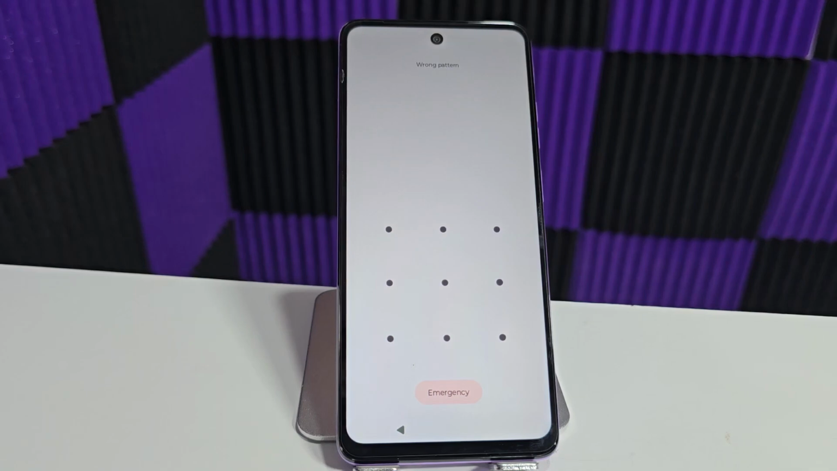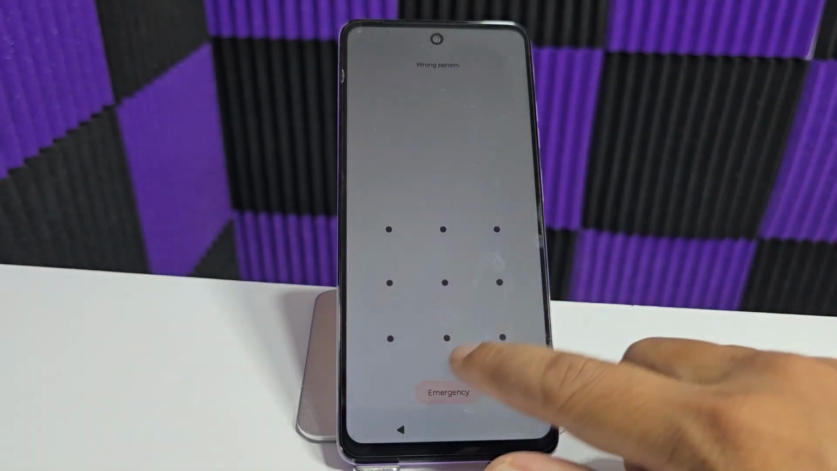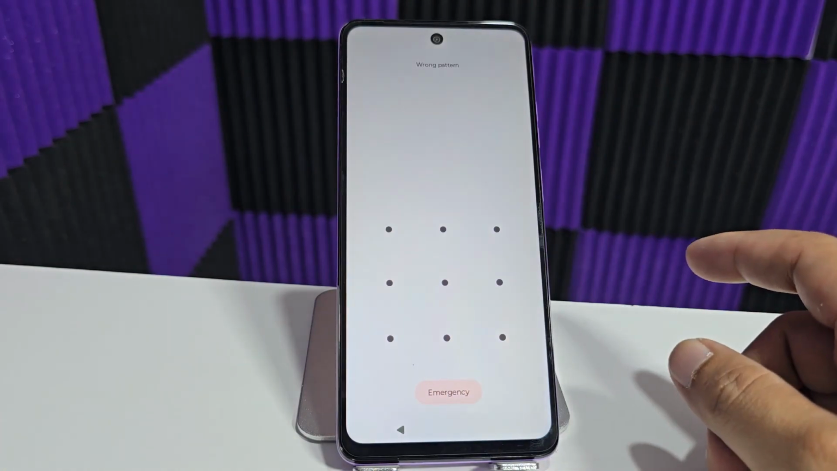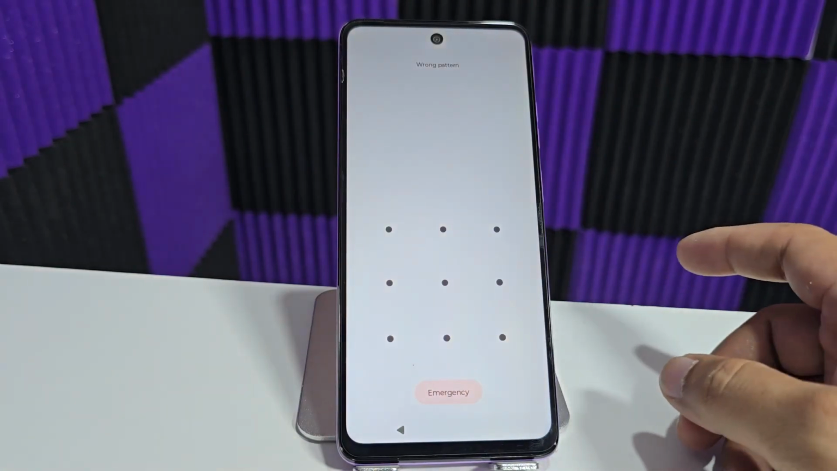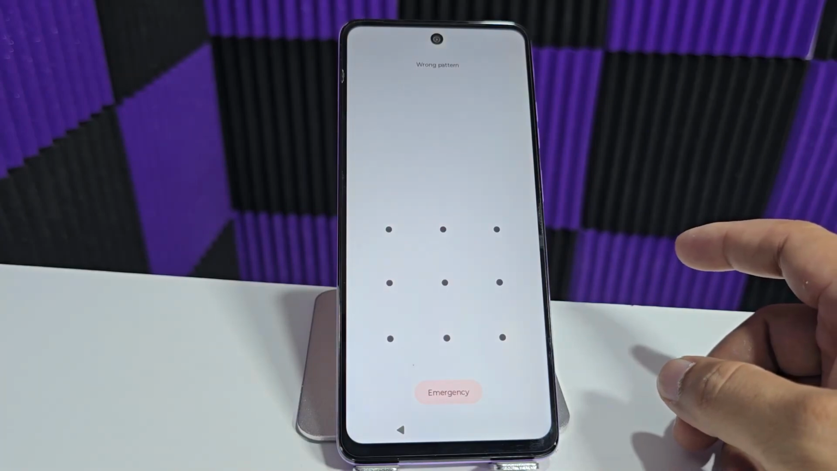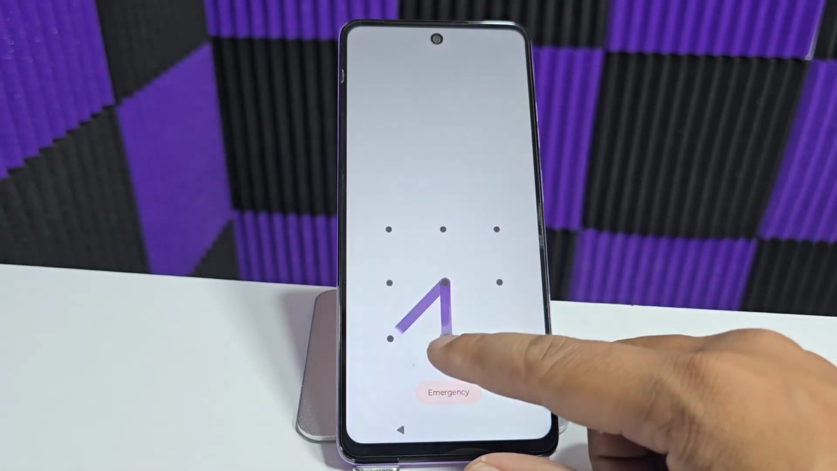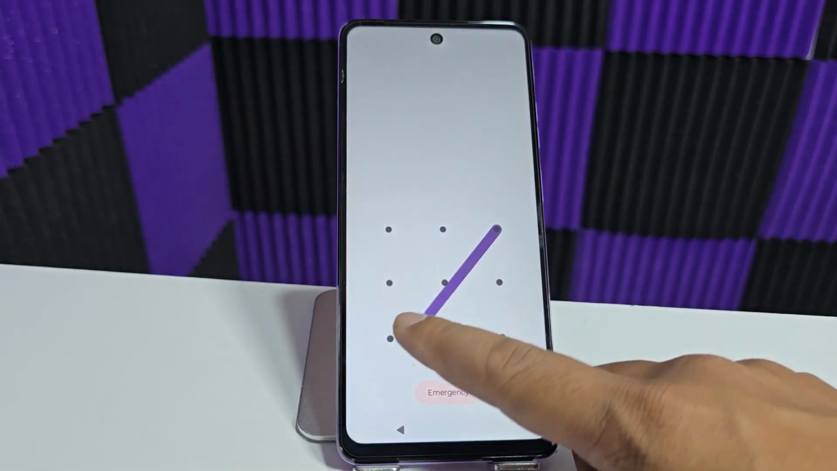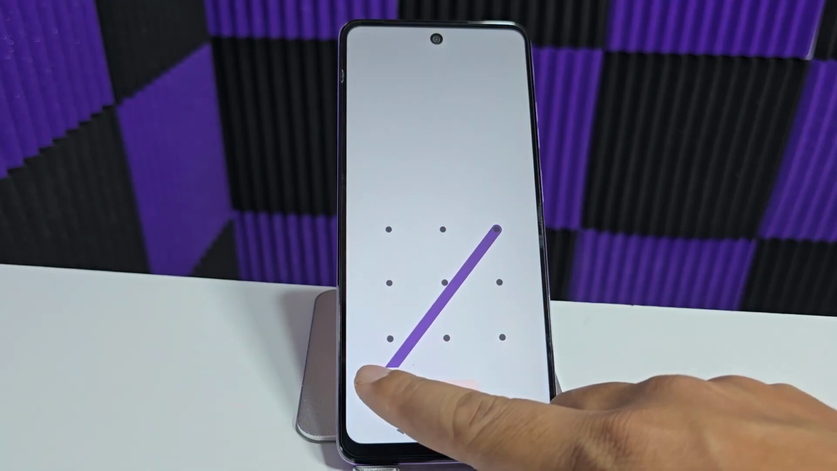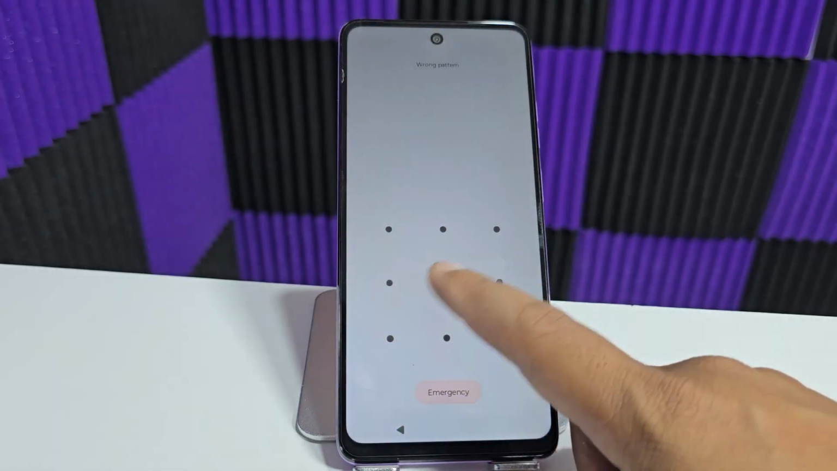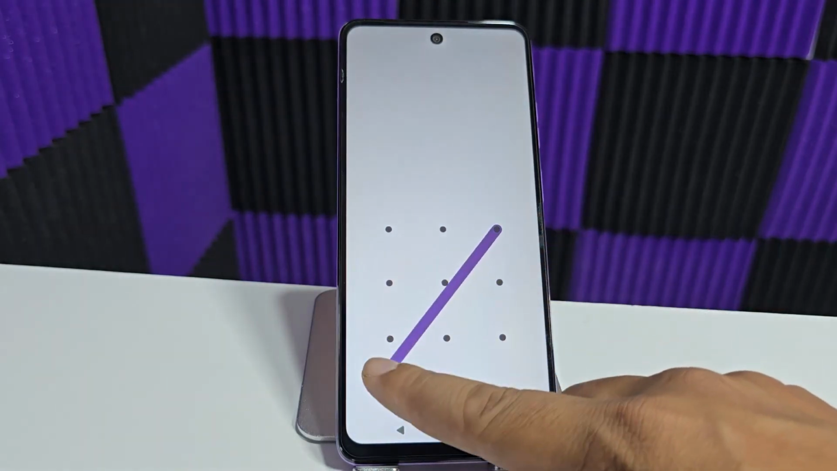Okay, we're going to use one of the easiest and fastest ways to unlock our device. Let's say you've forgotten your screen lock and now you need to remove it. If that's your case, don't worry. In this video tutorial we'll explain it step by step so you can also remove that screen lock and even